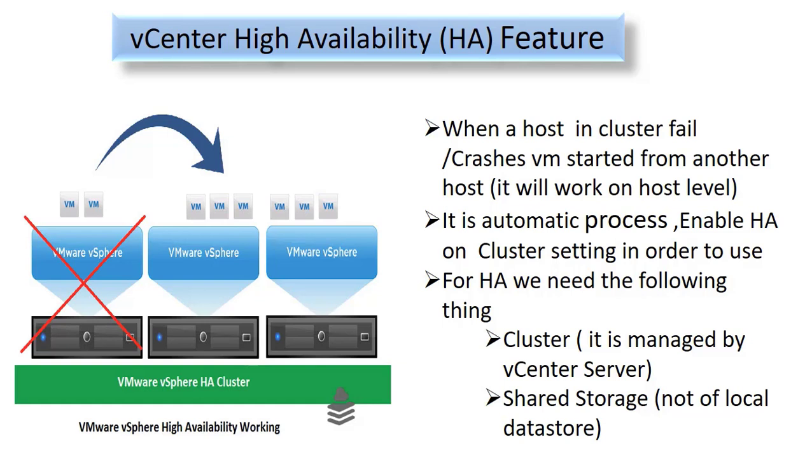So what things are required for enabling HA? The first thing is obviously a cluster, and the second, more important thing is shared resources, because the VMs residing on a physical machine should not have local storage. They should have remote or shared storage on another host or another location, like vSAN or NAS. So shared resources, not a local datastore. We should save our machines in shared storage and not on a local datastore in order to enable the HA feature.